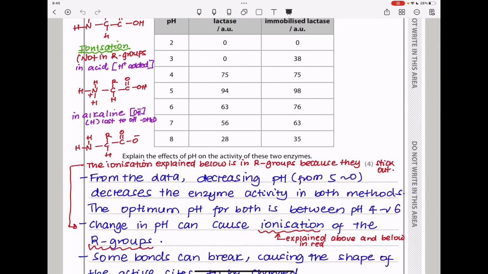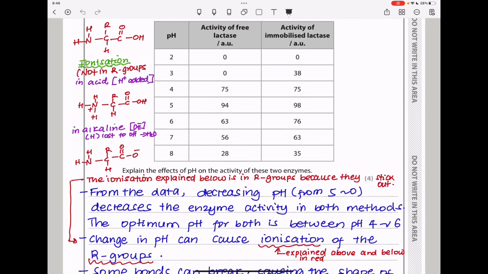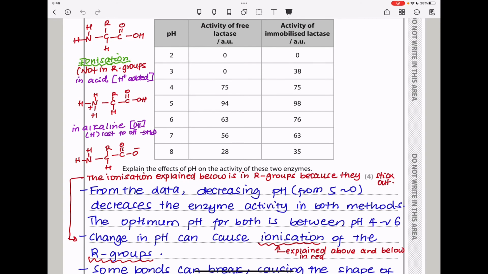Now, I did not use R groups in my demonstration of ionization, but I used a normal amino acid, non-R groups. Let's assume we have this amino acid. This is the basic structure of the amino acid. If we put this amino acid in an acid, it means the nitrogen is going to get another hydrogen, the H plus from the acid is going to be gained here, and this is going to be an ionized amino acid. In alkaline as well, meaning pH has changed, the hydrogen from here is going to be stolen away